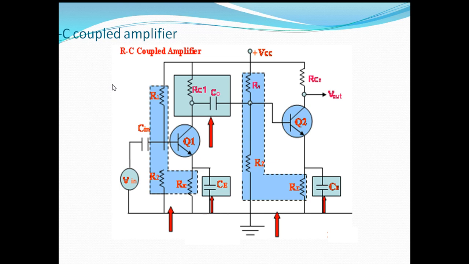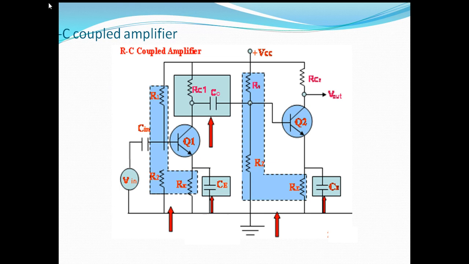Okay, and the bandwidth is high. So there are some advantages over common base and common collector. Therefore, common emitter is used mostly in amplifier circuits. Okay, here the common emitter amplifiers are used in both the stages, that is, two stages.